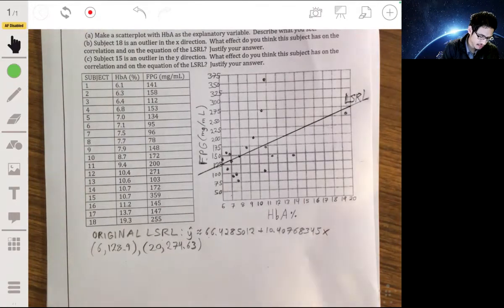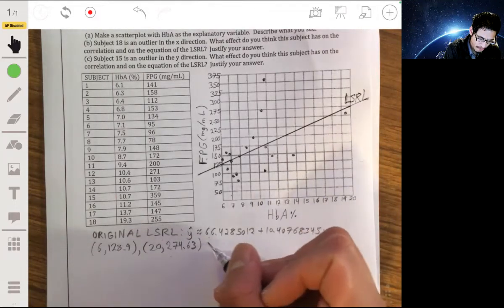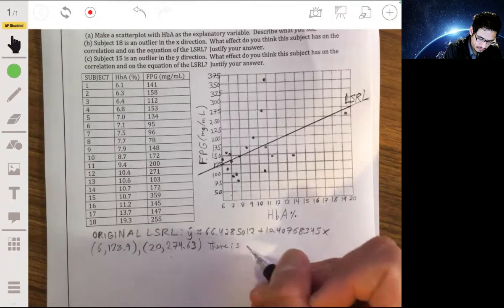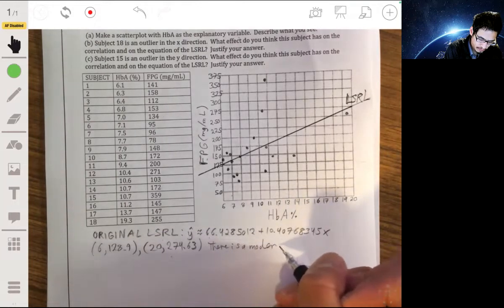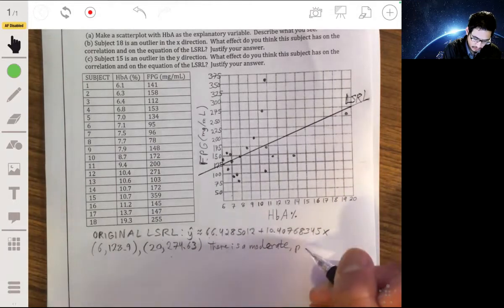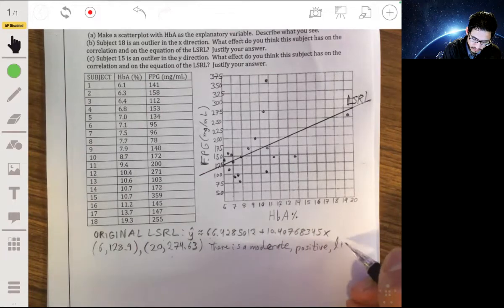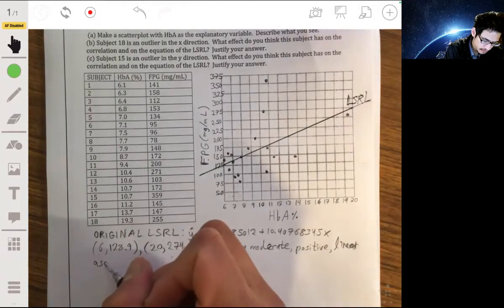So we can say that there's a moderate positive linear association